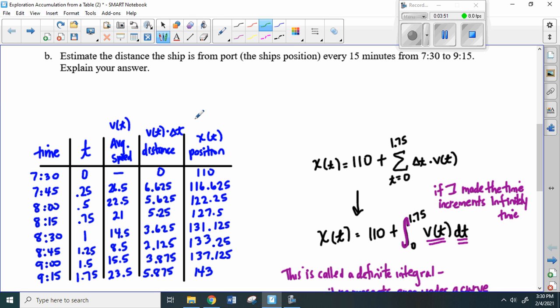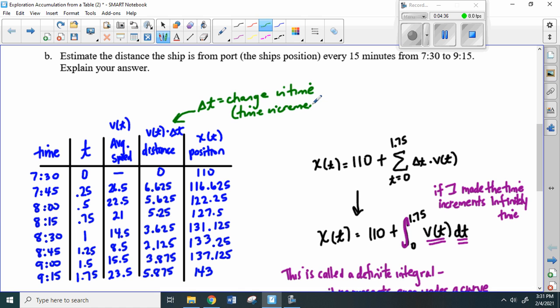Okay. And so then I talked about how that distance is a position. And typically, when we're talking about velocity, a lot of times we say that position is x of t. And so earlier in our notes the other day and in the previous video, we had said x of t was equal to 110, because that was our starting position, plus the sum of all of our distances. And remember, distance was the velocity, whether we use the beginning velocity or the average velocity, times the change in time. So delta t equals the change in time, or the time increment,